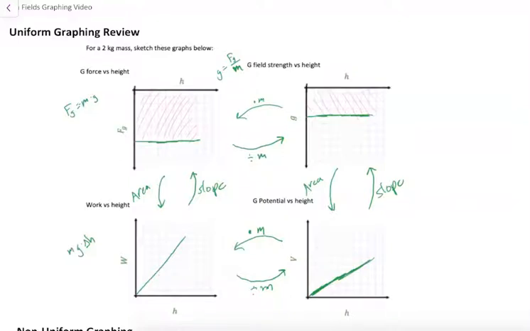Hey, HL students. This is going to be a video lecture on non-uniform potential and non-uniform potential energy. So we're going to take the skills and understandings that we've learned in uniform graphing, specifically the area of a gravitational force graph and the area of the gravitational field graph to find our potential energy and potential values, and the slope of a potential energy graph and the slope of a potential graph to find,